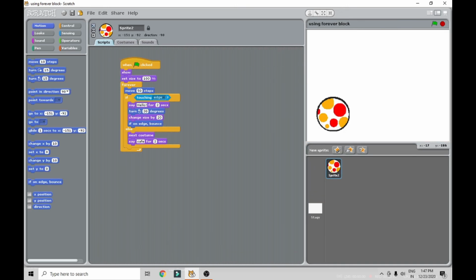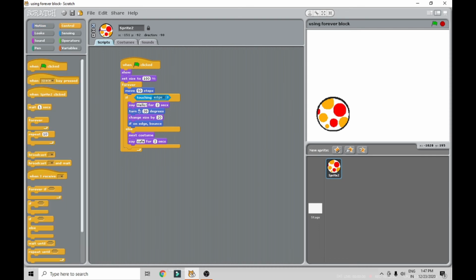Okay, now this is the code I wrote in the script of this ball. That is sprite. The sprite of this ball I wrote this coding. When that is again in the control, again show, set size, then forever, if else. So this is the code I wrote for the ball.